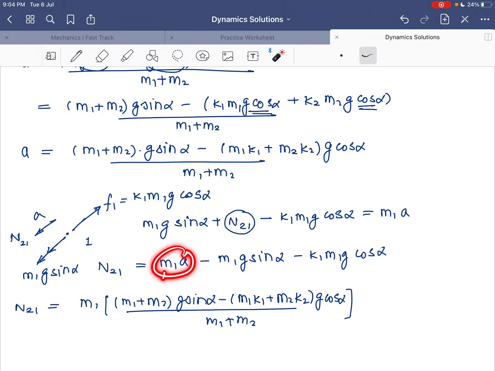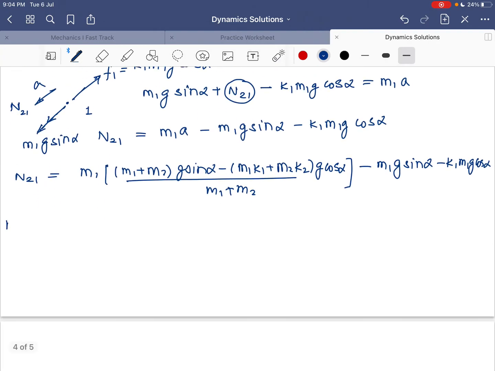So that is nothing but m1 into a, the value of m1 into a which I have substituted, minus m1 into g sine alpha minus k1 m1g cos alpha. n21 would be equal to, as you can see, m1 taken outside, and in bracket it will be m1 plus m2 g sine alpha minus m1 k1